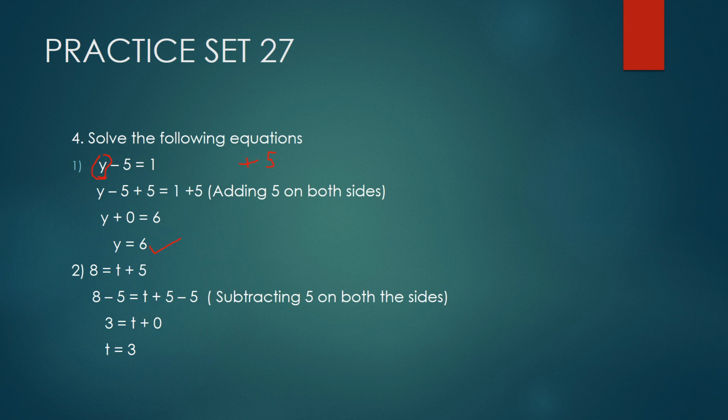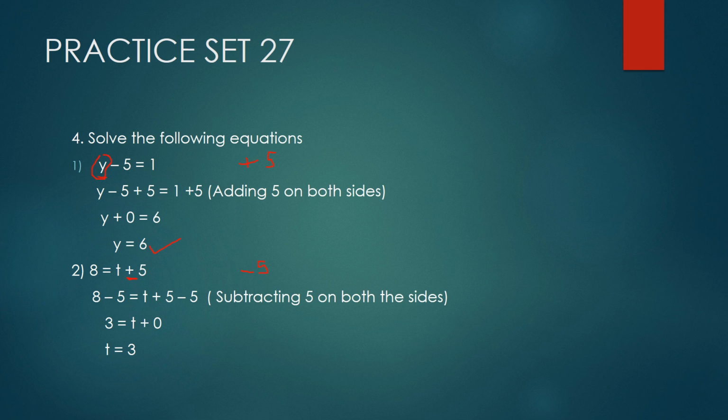Don't get worried or get in tension that okay, here was an alphabet, here is a number. No, it will not matter. Just keep the alphabet or the variable on one side itself. Okay. So let's now solve it. Let's see what is the sign. The sign is plus. So what is the opposite sign of plus? It is minus. Which is the number beside the sign? It is 5. So what we'll do, we have to subtract 5 on both the sides.